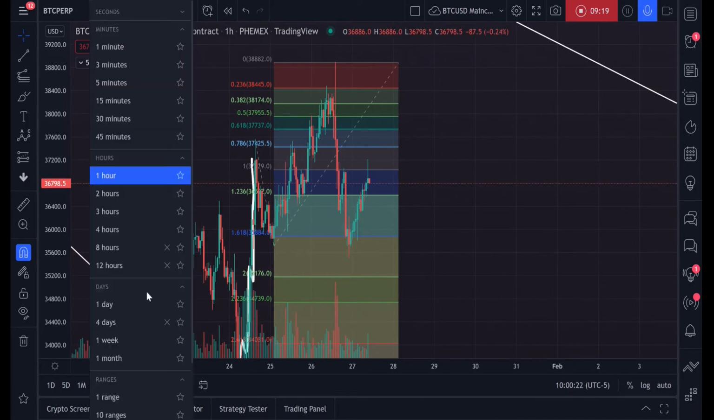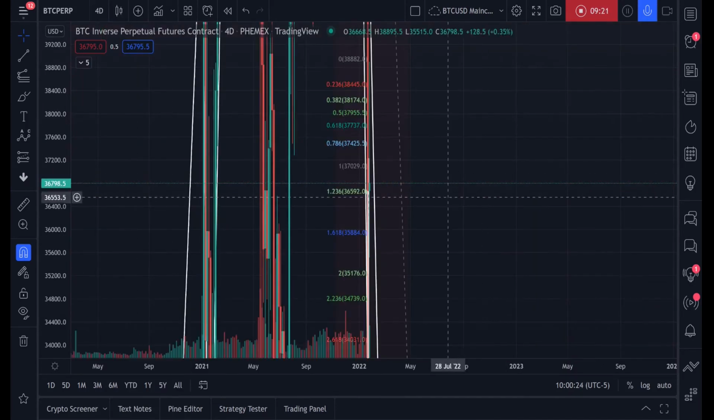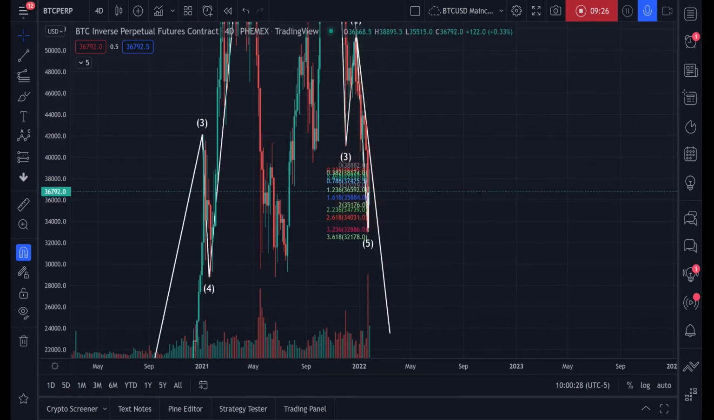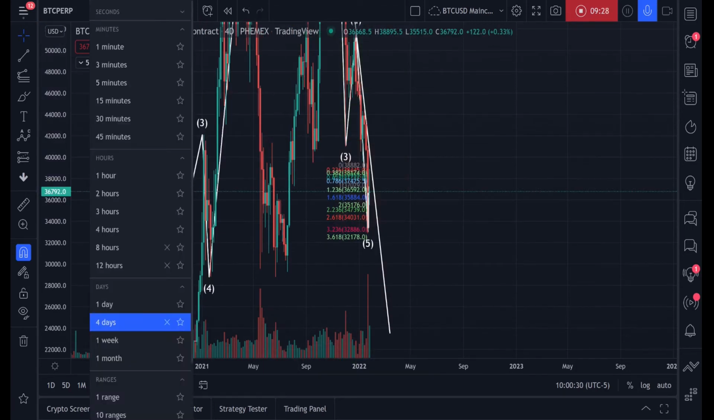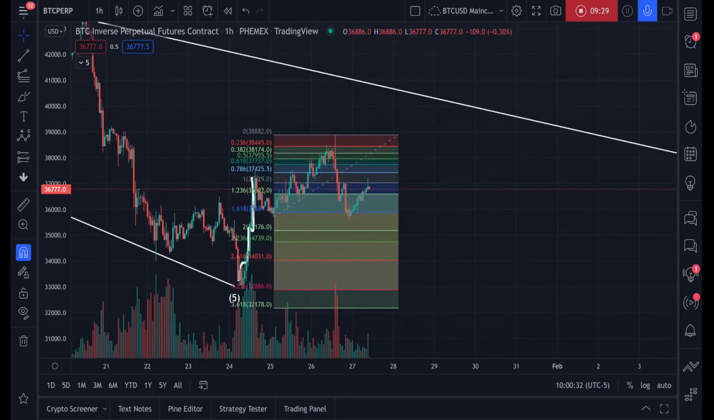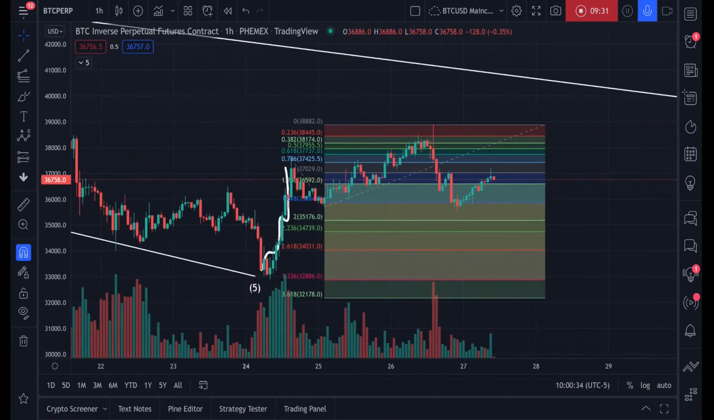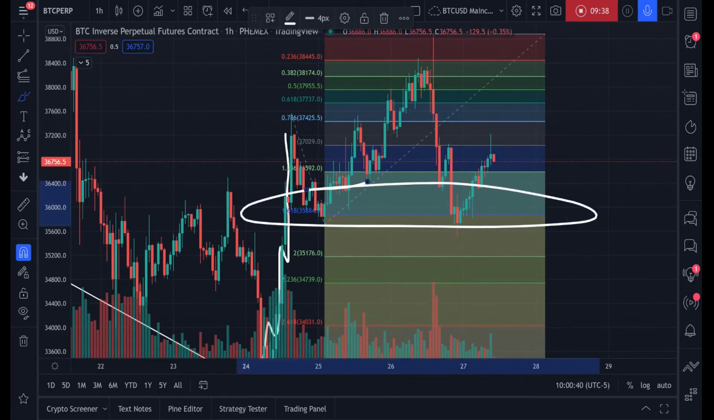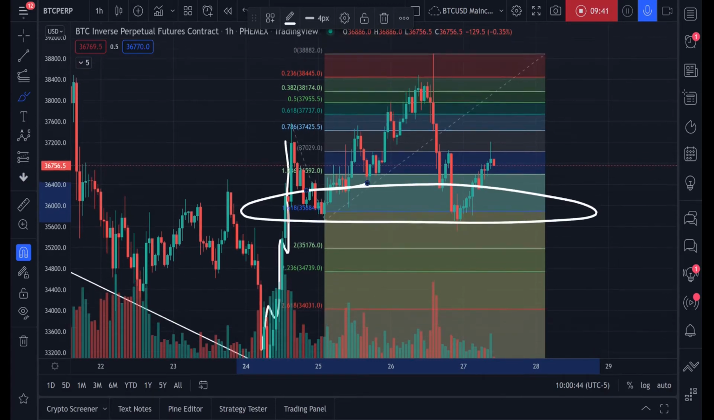Okay, let's do something really quickly. Let me zoom out, remove this, and then zoom back in. Okay, so there you go. It hit the 1.618 and retraced quite a bit beyond the 1.618, but it's pretty much hit